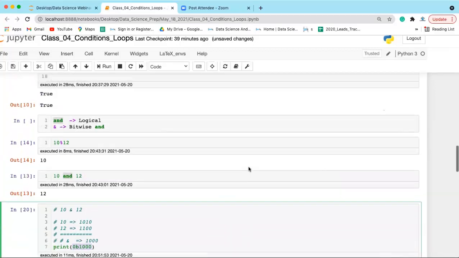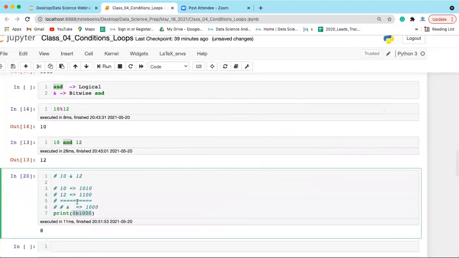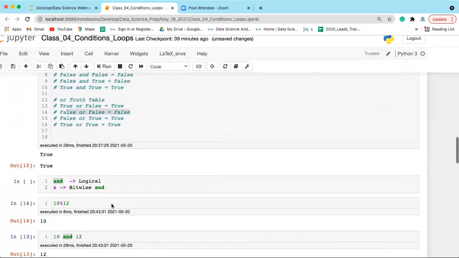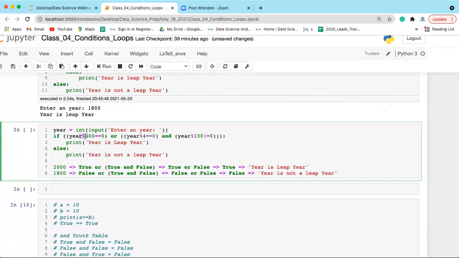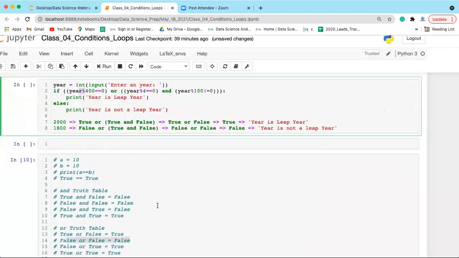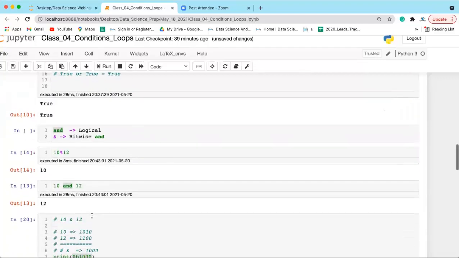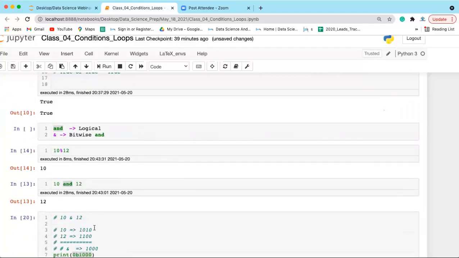Now, if you use the AND operation, is it going to do the bitwise operation? No, it is not doing that. Whatever code you are writing should serve your purpose. You are checking whether that year is divisible by 400 or not. When you are doing bitwise AND operation, this is a different operation. It is not going to check the divisibility, right? So you cannot use that.